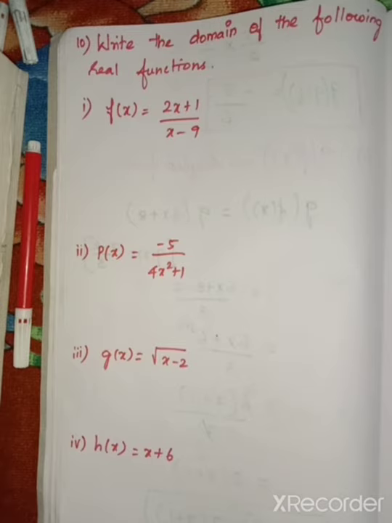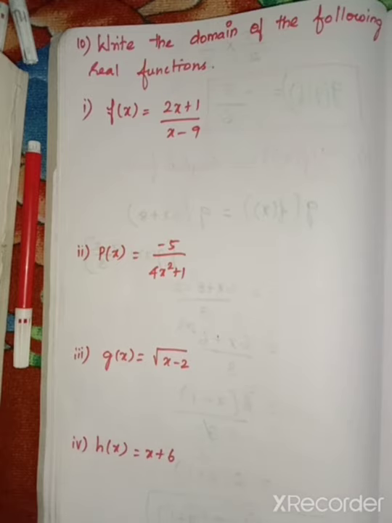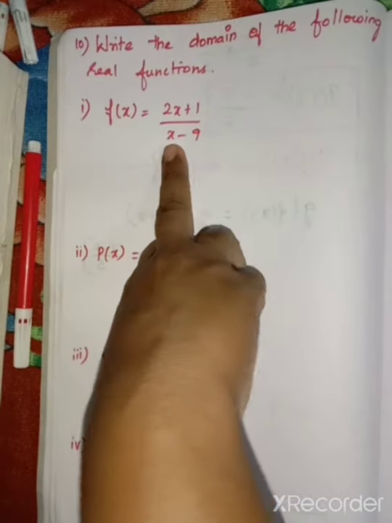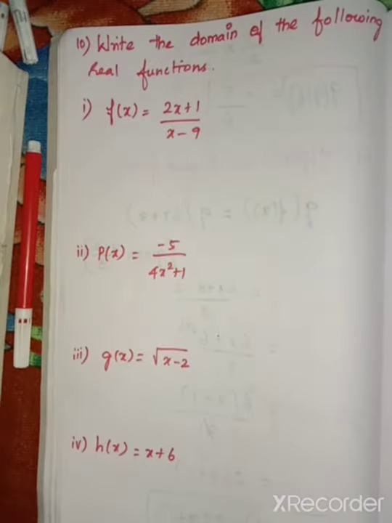If 0 comes, then it is not a real function for a fraction type. So we have the second subdivision in fraction form. So we have to check what the numbers are. If we put 9 here, we get 0. So for that one option alone, we don't have the real function.